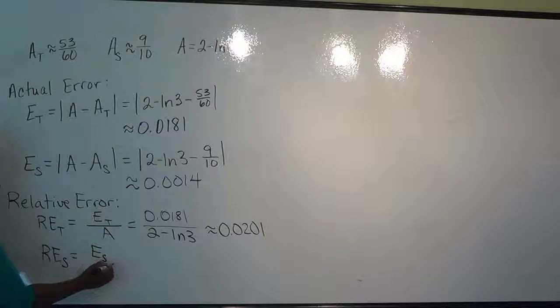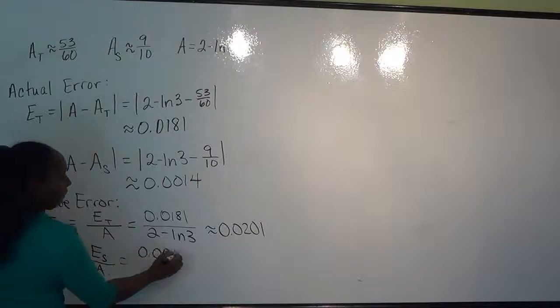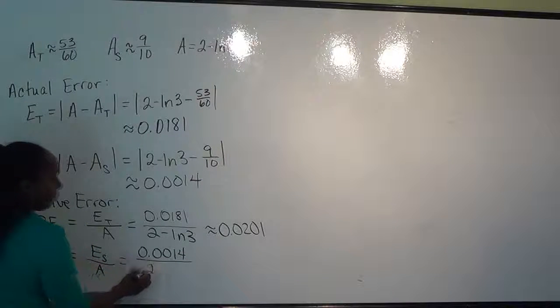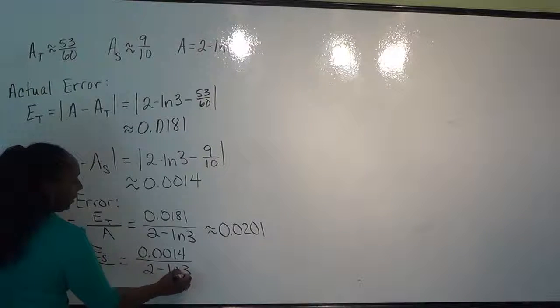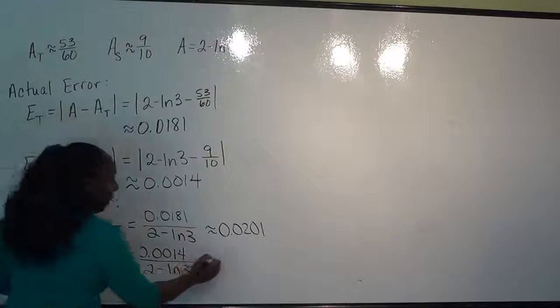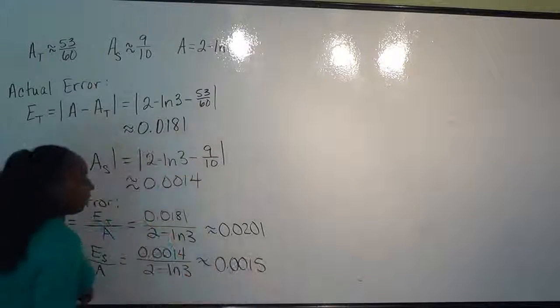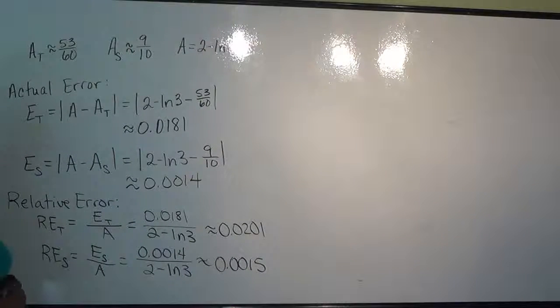We'll look at the error in the Simpson's rule over our actual value, which says again 0.0014 divided by our 2 minus the natural log of 3. When we plug that in, we're getting an approximation of 0.015. Okay, so again, much better approximation using Simpson's rule in this case than we would get with the trapezoid